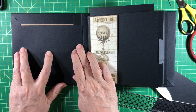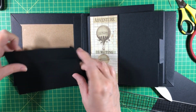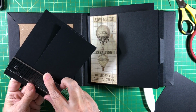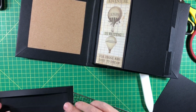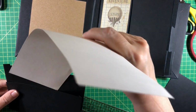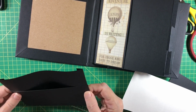Try to decide how far down I want to go. How much is that? So it's probably hard for you to see. It's about 1 3/4 inch reveal. So what I can do, and you can see that that leaves a lot here, but that's okay because then when you put things, let me grab some, put things into the pocket, it's nice and smooth. But what I think I might do is wrap this one around that one,